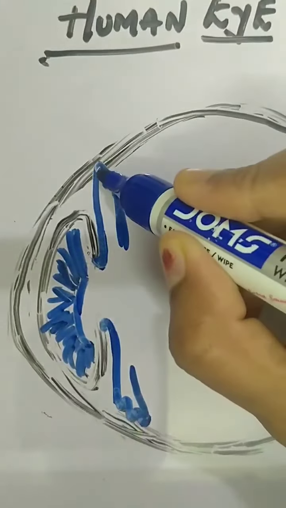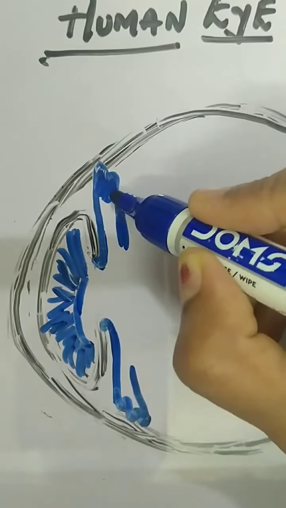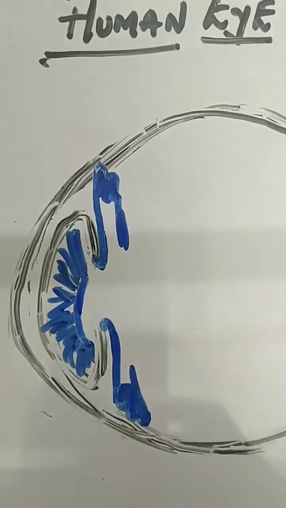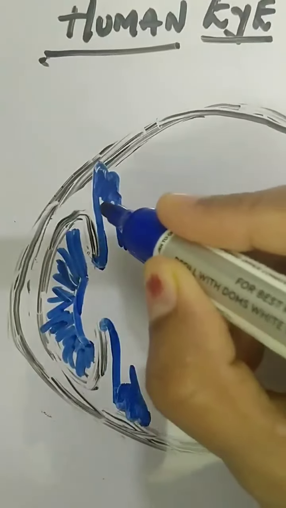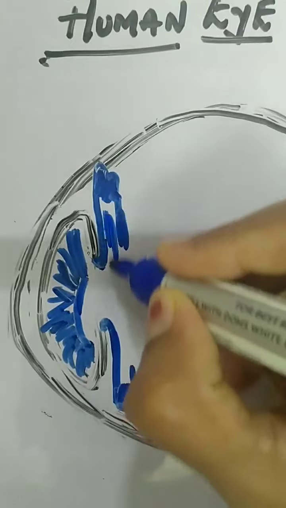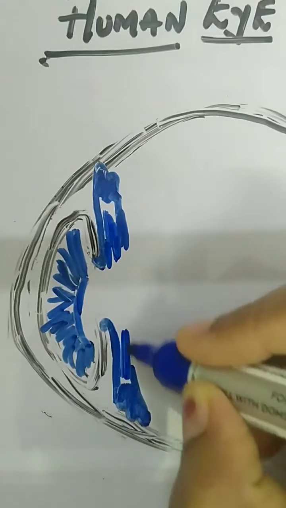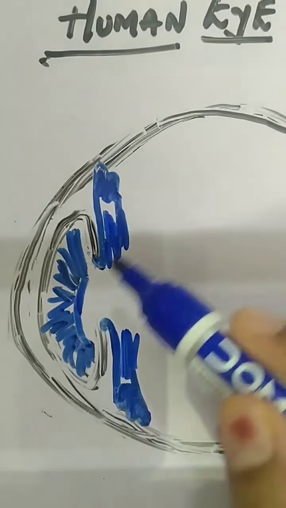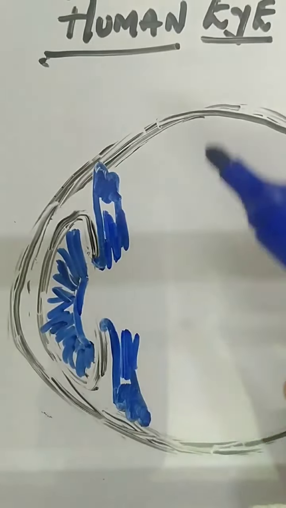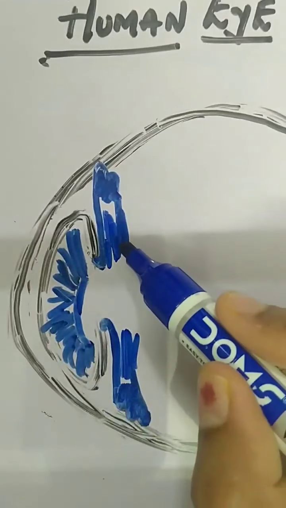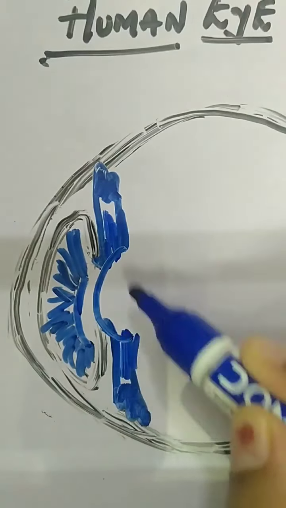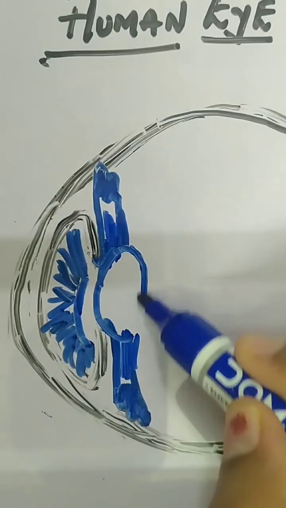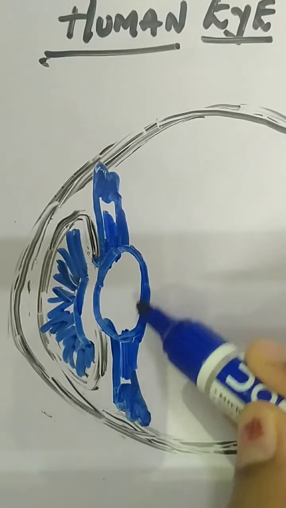Now this mountain-like structure which you drew, that you darken it, highlight it. Be along with me, children. Don't just look at the figure, you will not be able to draw it neatly. Again shade this part, just lightly shade this part. So now you have a gap here. This is that important gap which is related to the chapter, that is, this is the lens. So don't draw it circular, give it a lens shape.